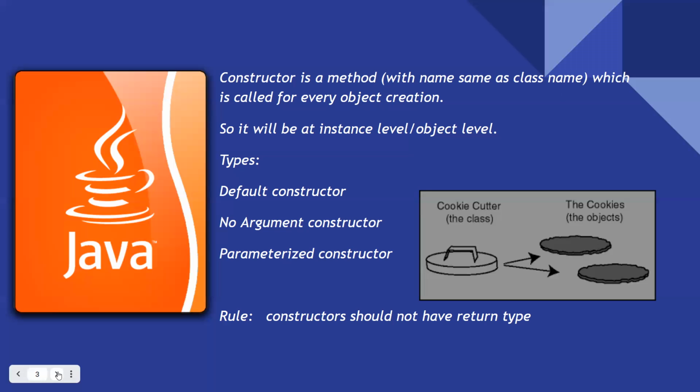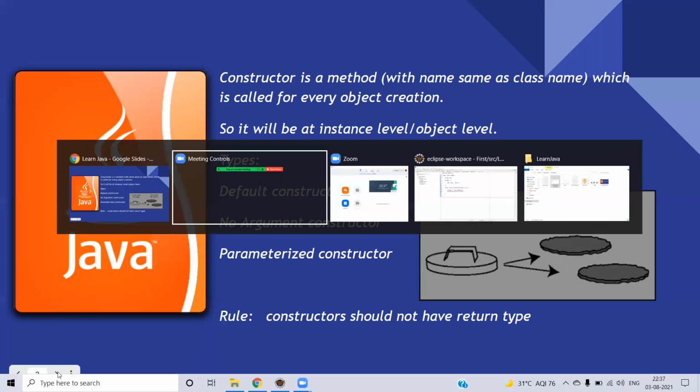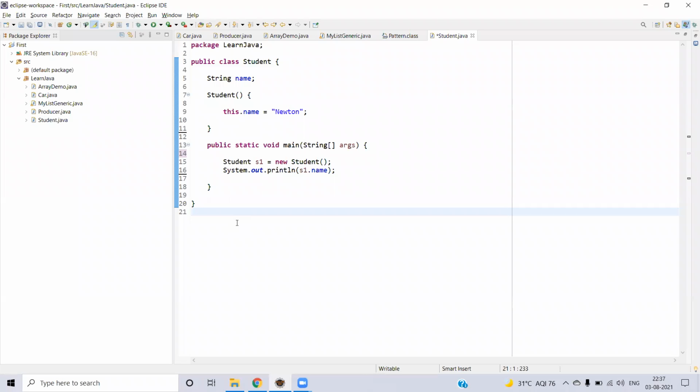Now we will see the previous example that we have seen in the code, and we will understand more about constructors and the different types of constructors we have. Now just come to this class. The class name is Student. And here we have the string name, at line number 5. We have discussed that some parameters are attached to the class and some are attached to the instance level. Here you see one variable, string name. By default, it will have null as the default value.